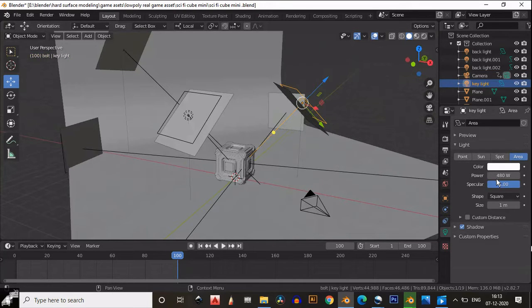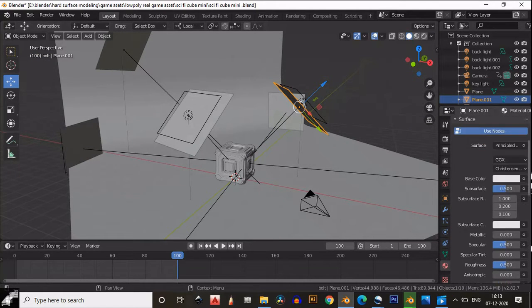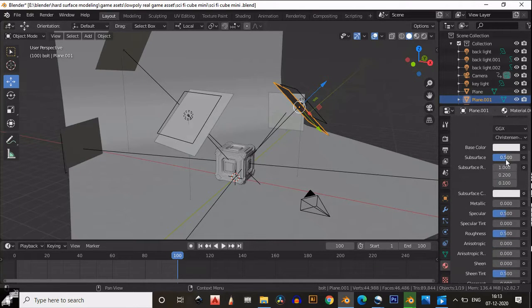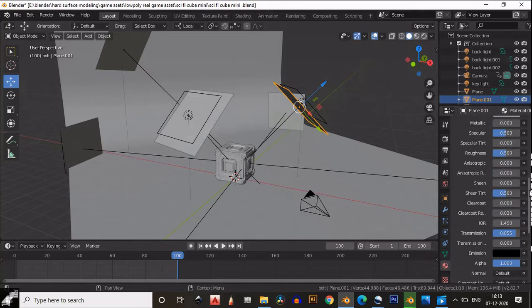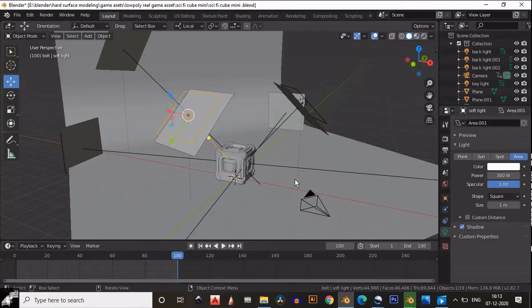And this is the simple light setup. This is my key light. If I click on this light, this is my key light which has more intensity, or you can say more power. And I use these planes as a diffuser. They work as a soft box and convert the hard light into soft light. If you click on any plane, here is its texture. I increase its subsurface scattering to 0.5 and I increase its transmission up to 8 or 9. It's totally in your hands.